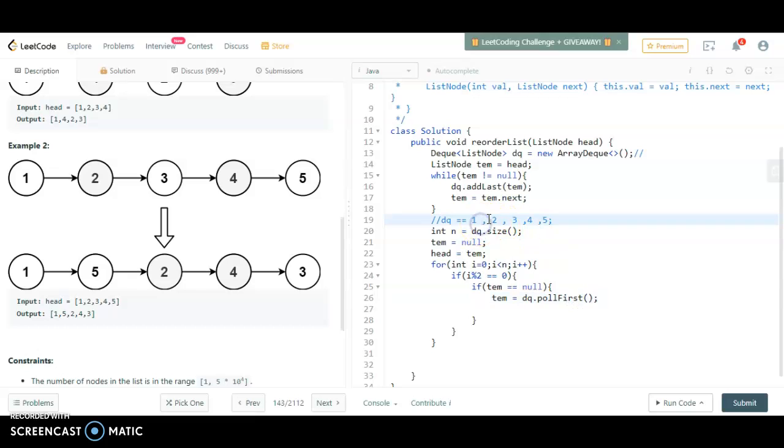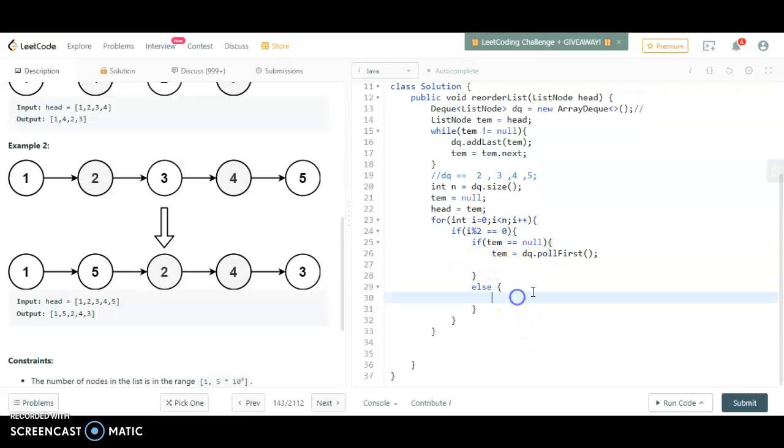It will pop the first element of the dq, meaning it will attach 1 to your answer. If temp is not equal to null, then we have to attach the element to temp. Then we have to jump to the next node.